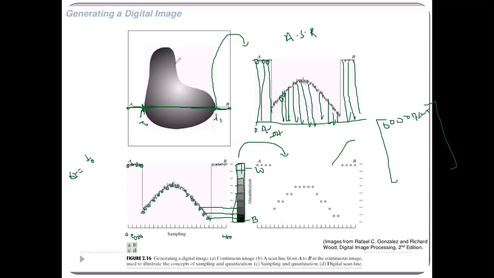Fine. Now how to represent the entire image? I have to scan each and every line. Each and every line को स्कैन करेंगे. स्कैन करने के बाद each and every line में हम लोग क्या करेंगे, उसको सैम्पलिंग एंड डिजिटाइजेशन फॉर्म में लिखेंगे. That final output will be your digital image. ठीक है. तो now this figure is very important.